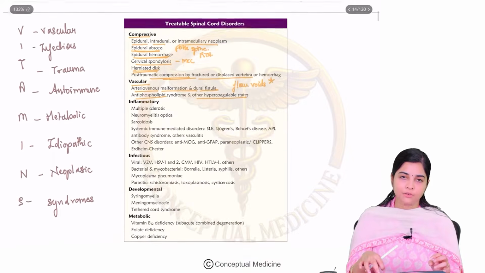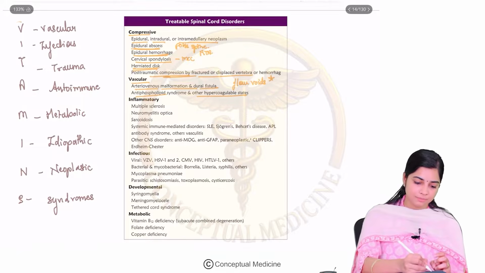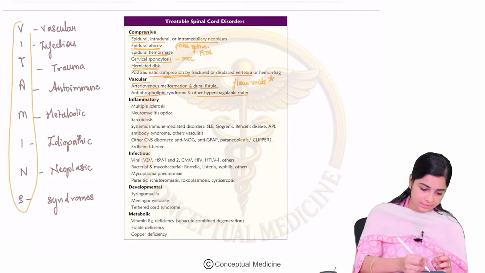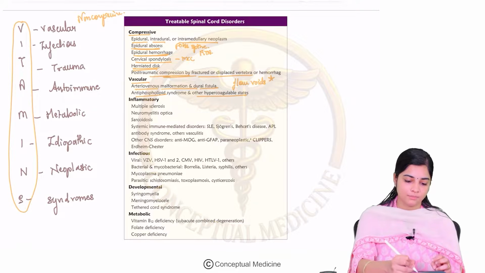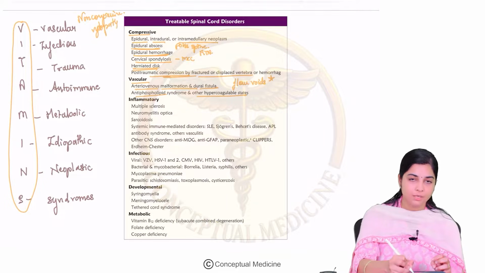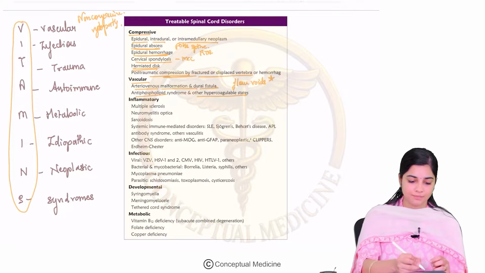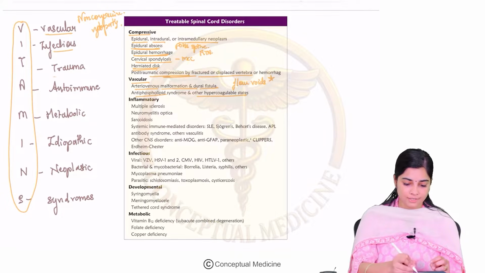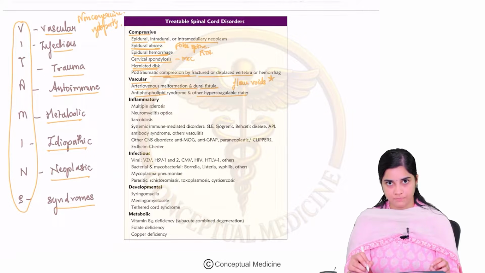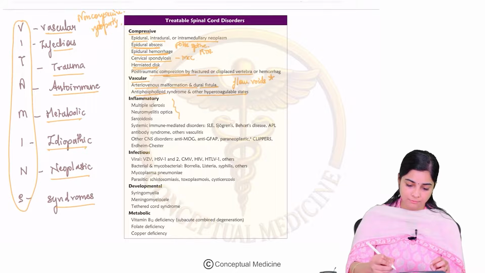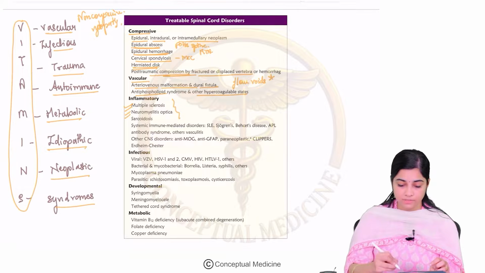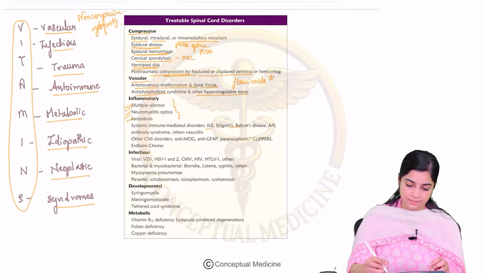Then how do you remember the causes for non-compressive myelopathy? You remember it with the mnemonic VITAMINS. So this is your mnemonic for the causes for non-compressive myelopathy. How do you remember it? Remember it as vascular, infectious, trauma, autoimmune, metabolic, idiopathic, neoplastic and syndromes. Okay, fine. So what are the inflammatory causes for non-compressive myelopathy? Remember, multiple sclerosis, NMO spectrum disorders, autoimmune disorders can also cause myelopathy like sarcoid, SLE, Sjogren's and